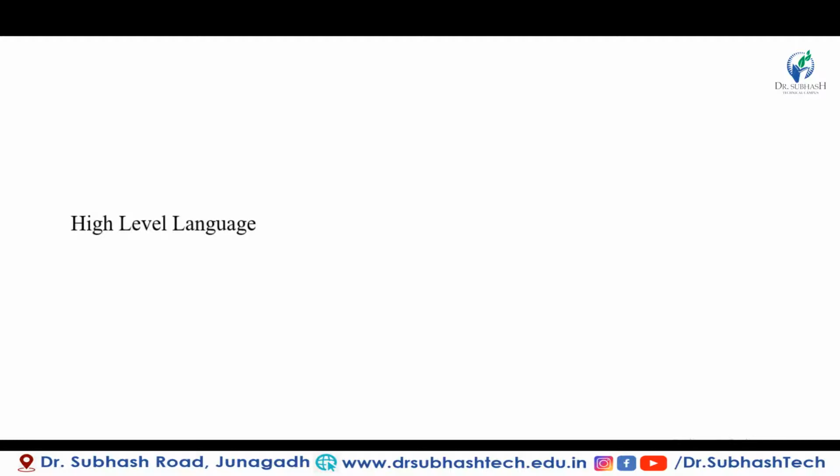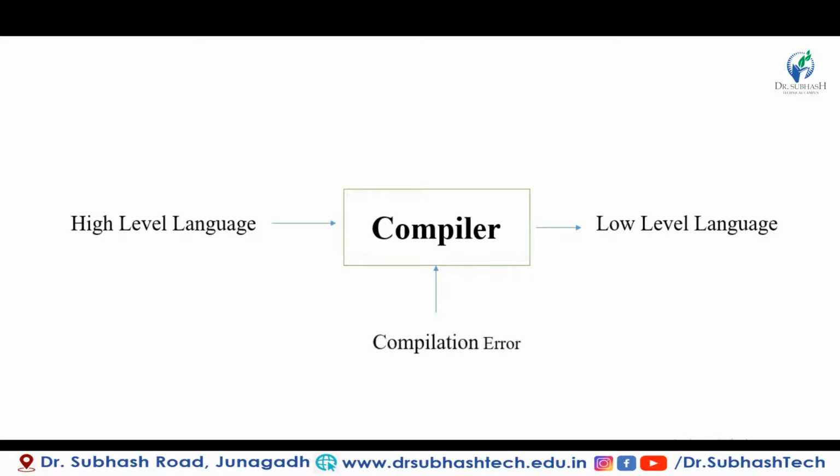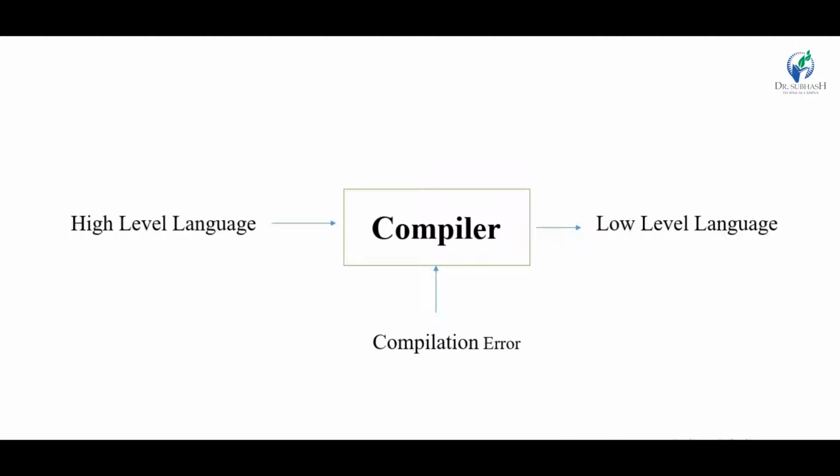A compiler is a computer program which helps you transform source code written in a high level language into machine language. If there is any error in your source code, then it generates the error. So a compiler is nothing but a translator which translates one form to another form, source code to target code. Compiler design is a basic core subject of computer engineering.